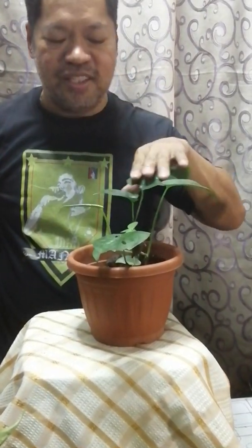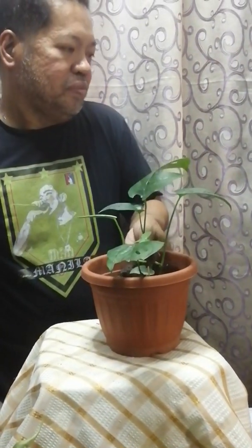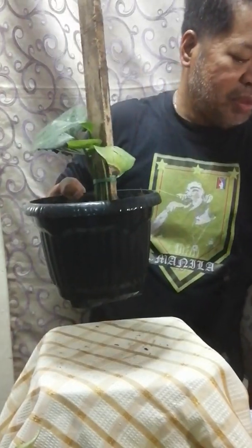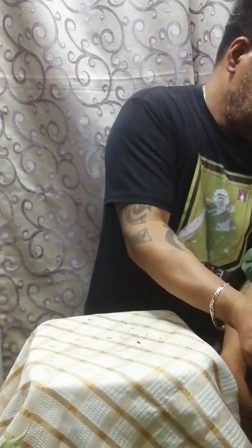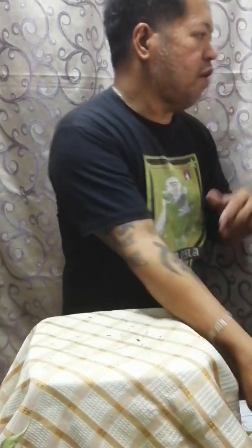They will say it's a Rapidophora tetrasperma, but it's not. This is Amydrium medium. I don't have Rapidophora tetrasperma. So the last one, which is from the family of Monstera,